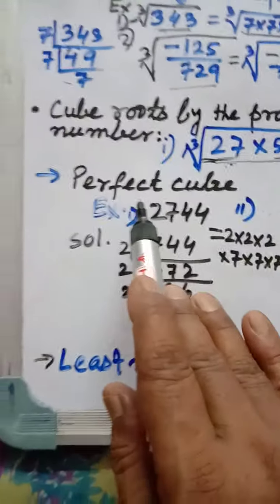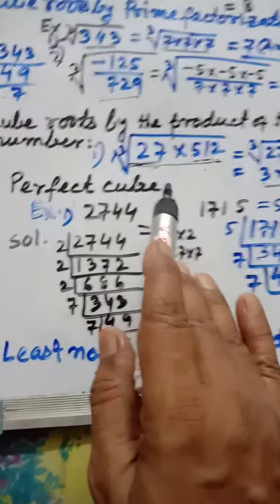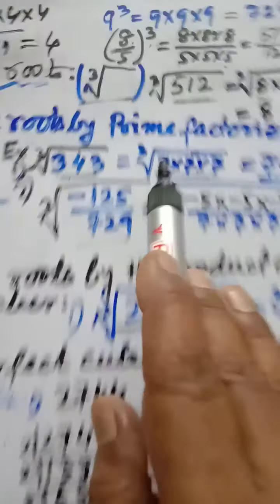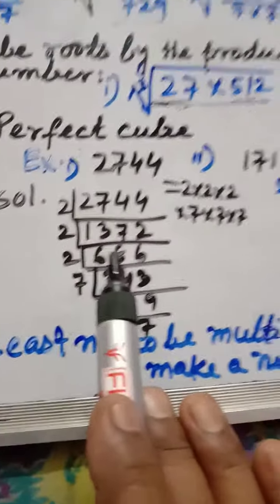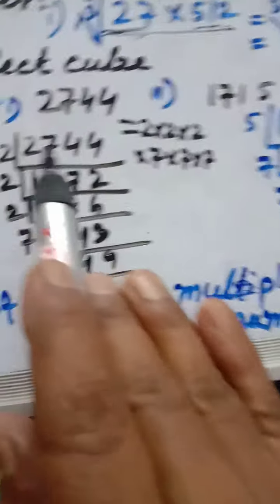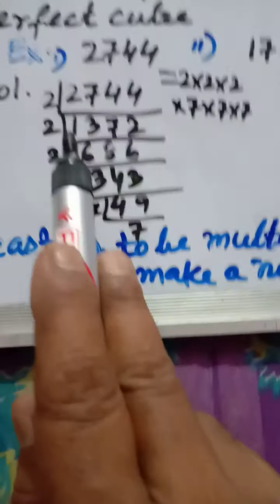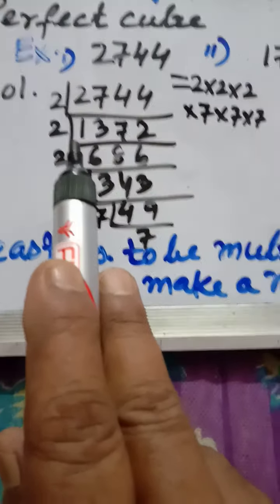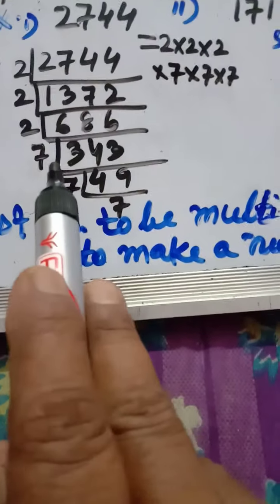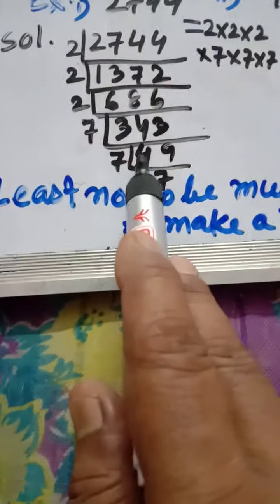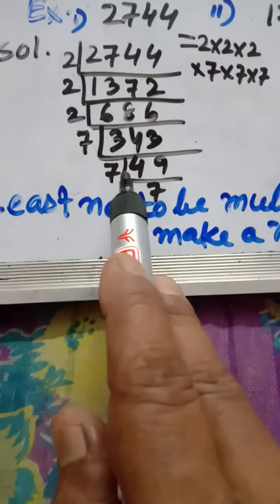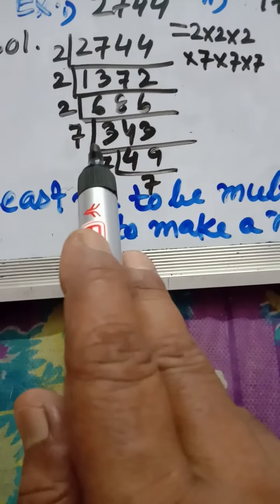Now how will you check whether a number is a perfect cube or not? You'll have to go for the prime factorization of the number first and make the prime factors triplets of the prime number, and out of each triplet you pick one. That way, if all the prime factors become triplets of the same prime factor and no number is left, then the number is a perfect cube.